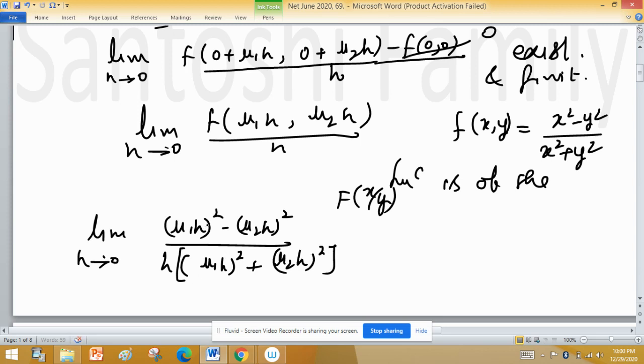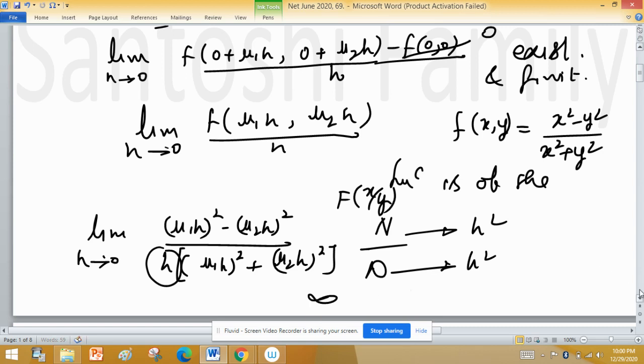If you take h square common from numerator and denominator, then h square will be cancelled out from numerator and denominator, and this h will be left. So the limit of this expression, whatever your u1 and u2, the components of the unit vector, is infinite,